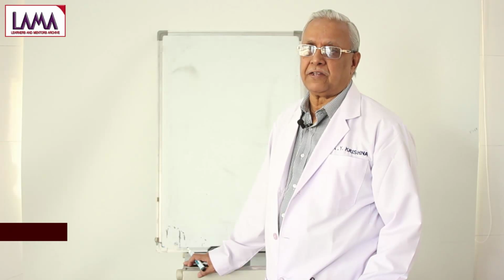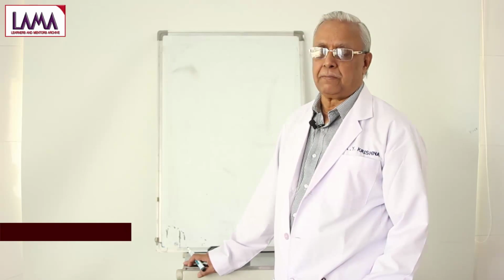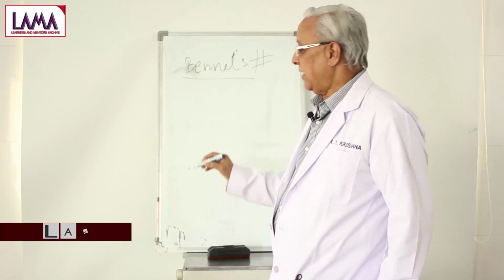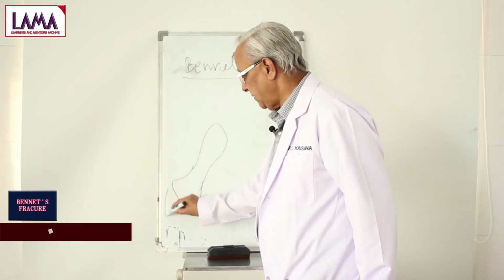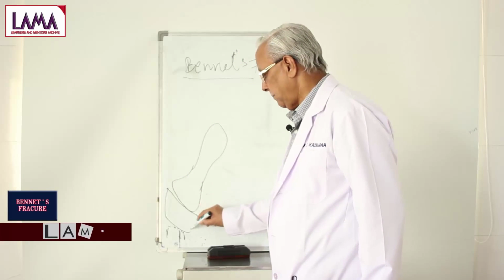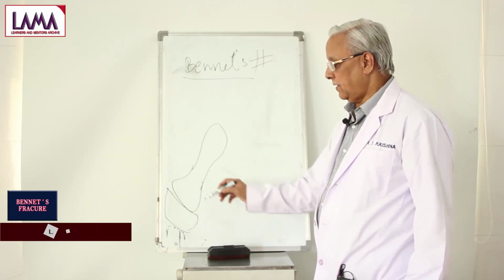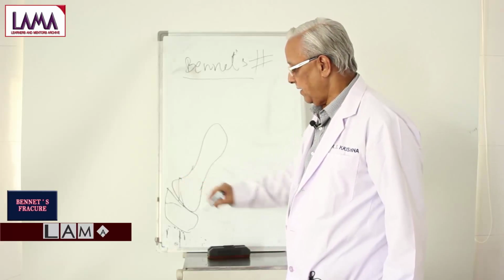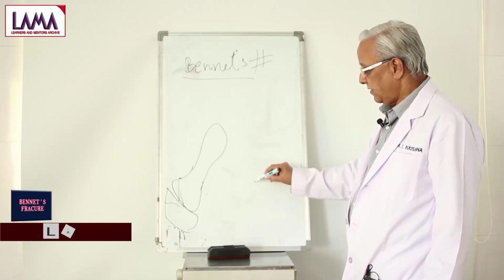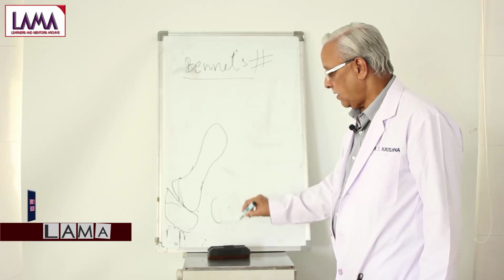Next common fracture that occurs near the wrist and hand is Bennett's fracture dislocation. The fracture occurs at the base where it articulates with the trapezium. So take the thumb. Here there will be a fracture here or here. Along with that there is a dislocation of the joint,